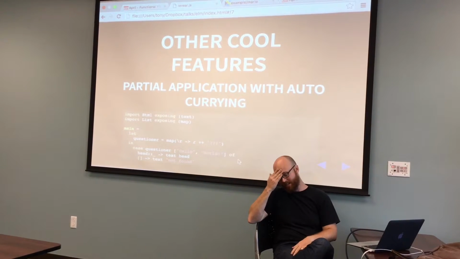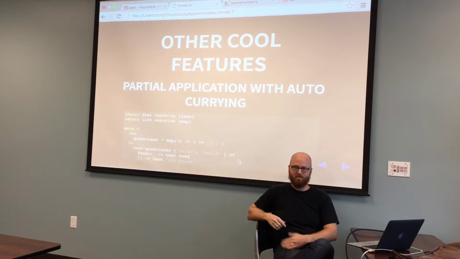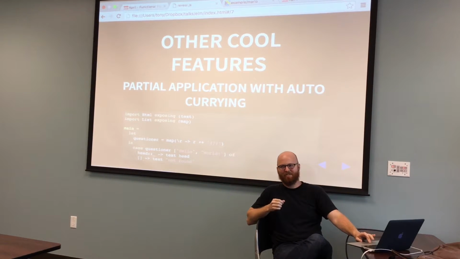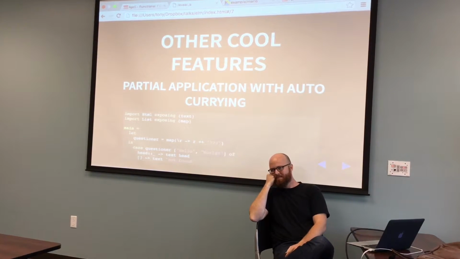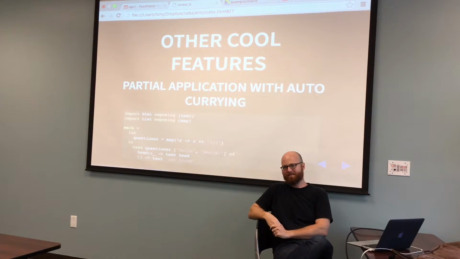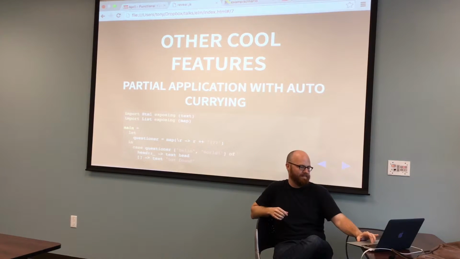Partial application with auto-currying, I know that's a lot of buzzwords put together, and if you weren't here last month, I don't know, Aaron, do you want to pipe in and explain? So essentially, if you have a function that takes like 3 arguments, partial application and currying would basically allow you to provide those arguments at different points in time. You can take that function and give it the first argument, and pass that function around, and then give the other ones, and once you gave them all, it would give you back a value. Are you actually using that here?